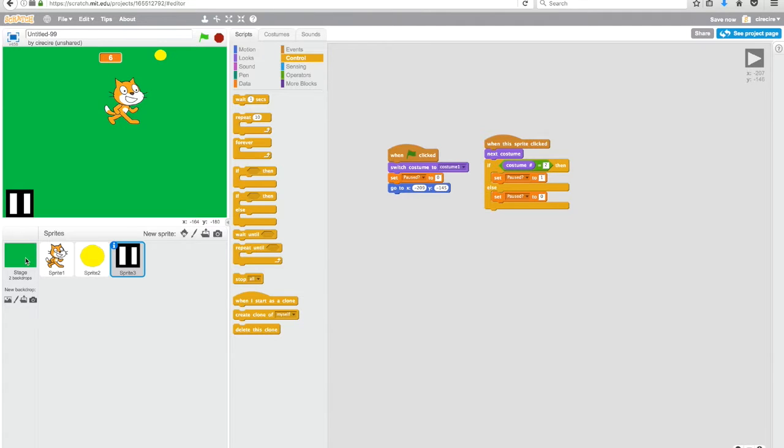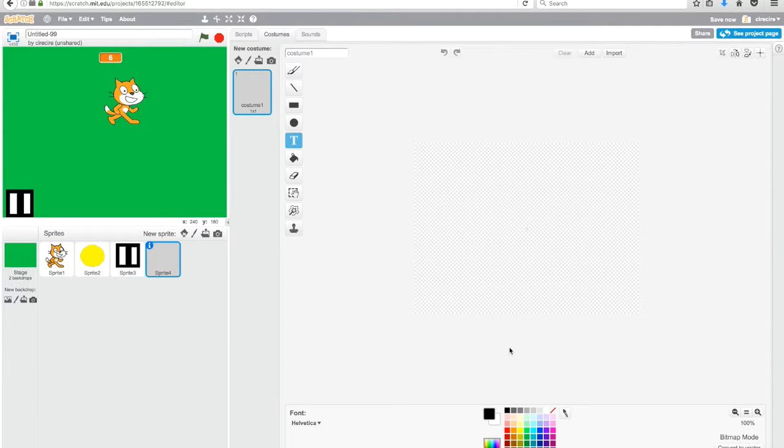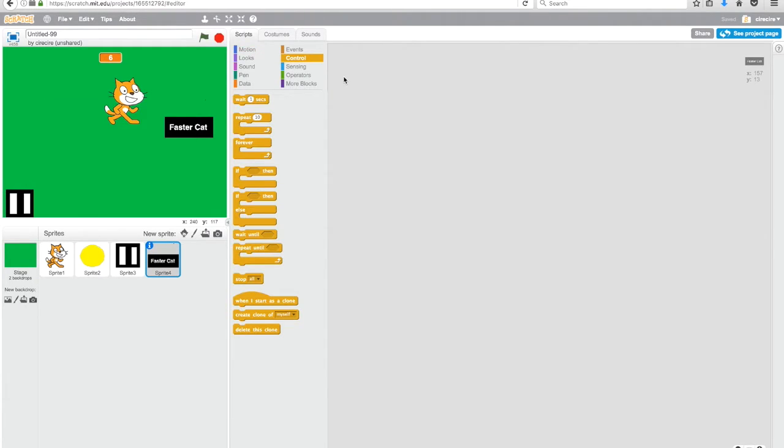Now it's time to move into the second part, which is buying stuff. And so in order to have buying stuff, we'll need to make a new sprite. Let's make a button that will let you make your cat go faster. And so what we want to do is make it so that we can only change this